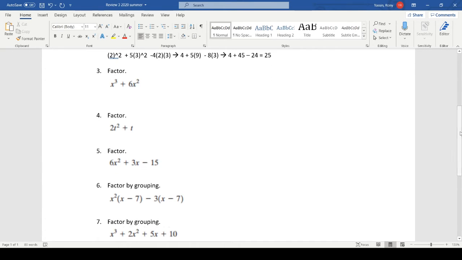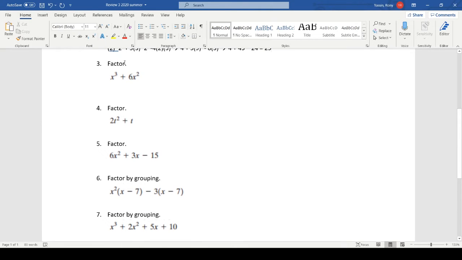Okay, number 3. Okay, so this is where chapter 5 begins. This is factoring. So this is the basics of factoring. So remember in your material whenever you studied it, it said factoring was when you try to find the common factor between the terms and then take it out. So what that means here is